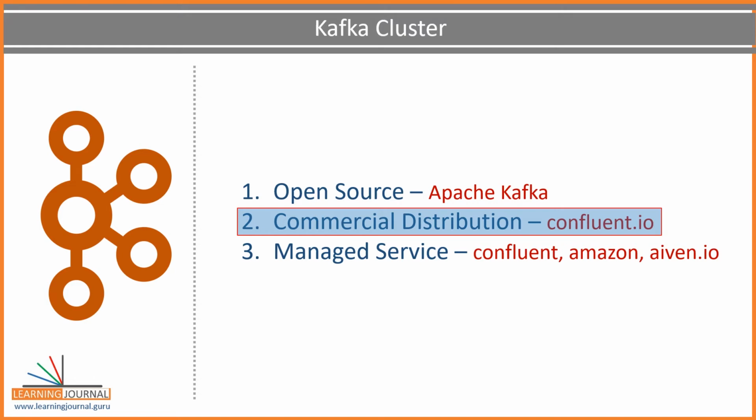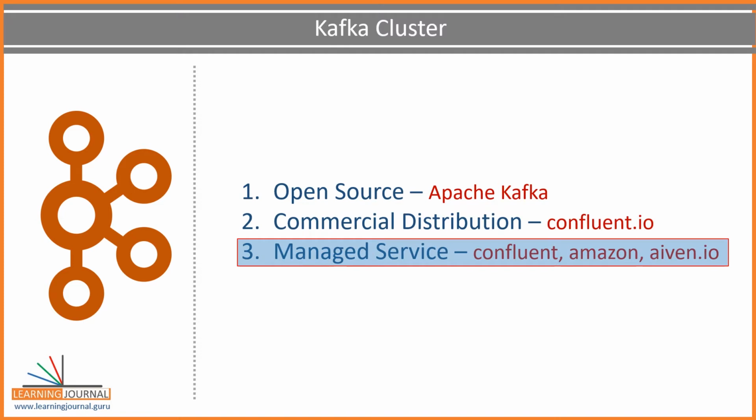Confluent Kafka is one such commercial distribution, and it is the most popular one. Confluent also offers a community edition without any cost. And that's what we are going to use in this course. Why Confluent Kafka and why not Apache Kafka? You already know the answer. Because you are most likely to use Confluent Kafka in your production environment. So, we are going to use the same for our learning.